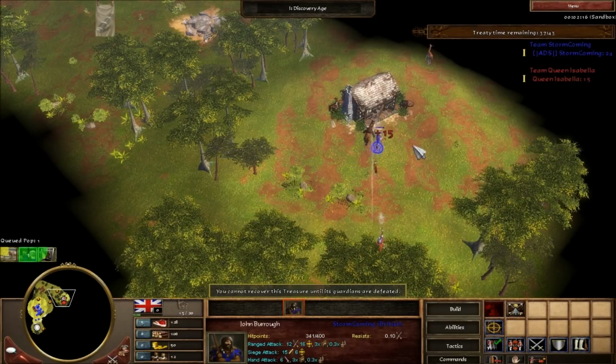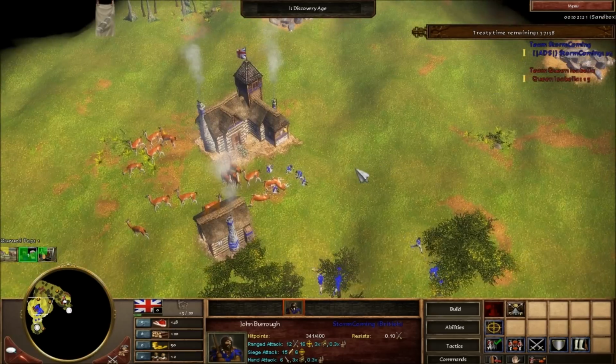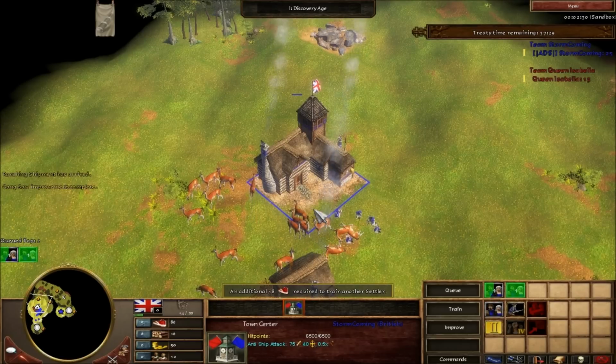Oh, this treasure is too OP. I won't get it. I'm tempted to. But by the time you have 2 houses and you put up a pen, you'll have enough villagers to maintain villager and cow production. So yeah,